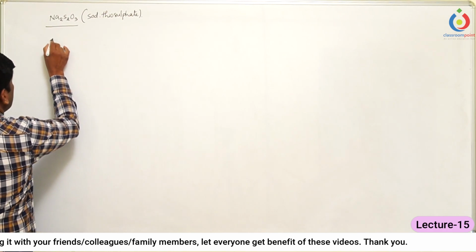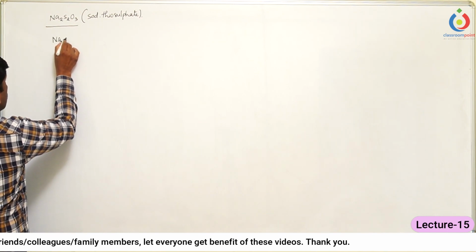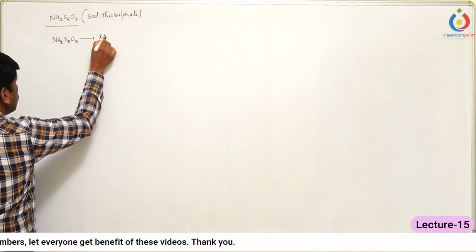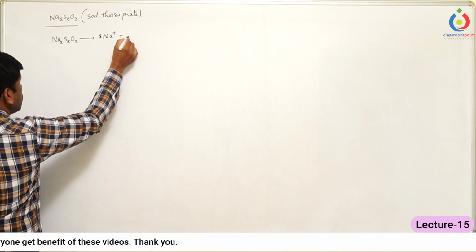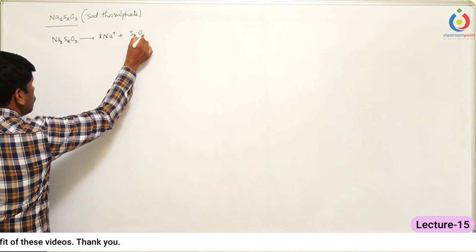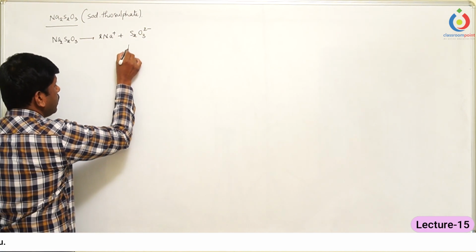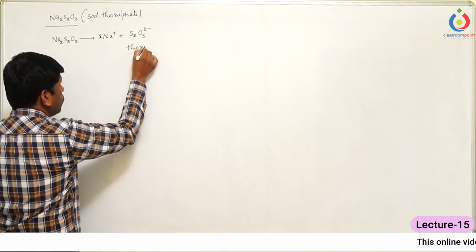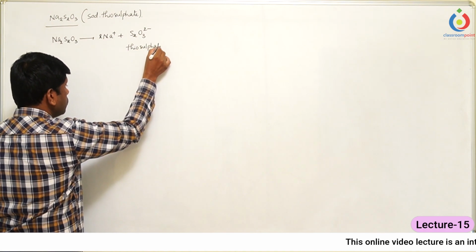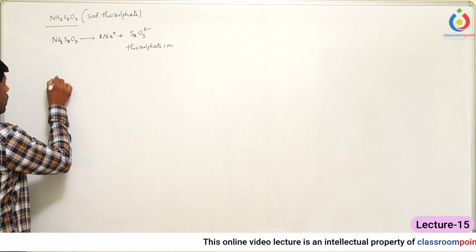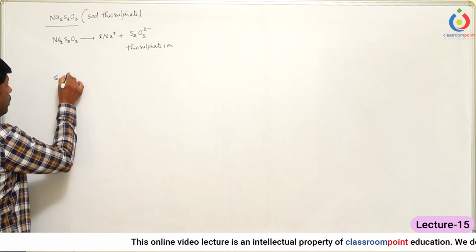So sodium thiosulfate on dissociation gives 2 Na+ ions and S2O3 2- ion. This is called the thiosulfate ion. So this thiosulfate ion S2O3 2-,